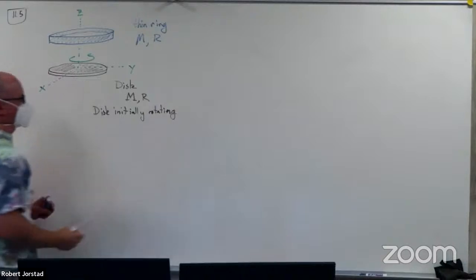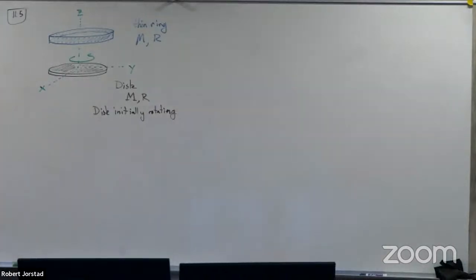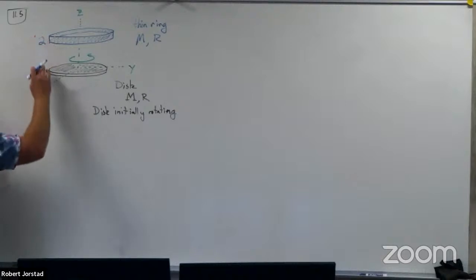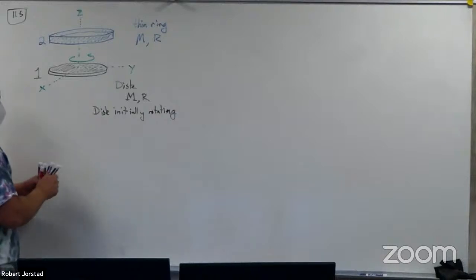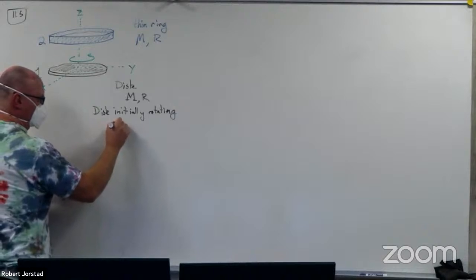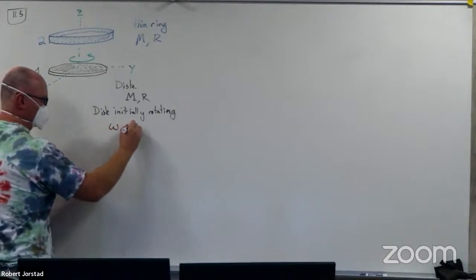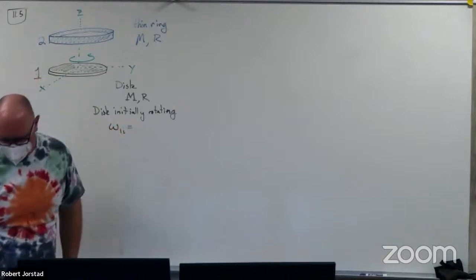Now it gets annoying having to say disc and ring all the time. So I'm going to slap some numbers on here. I'm going to call this one object 1 and this one object 2. Is everybody okay? Just so we don't have to keep writing the words disc and ring, we can use 1s and 2s. Okay. So what I could do now is that allows me to say omega 1 initial is equal to,